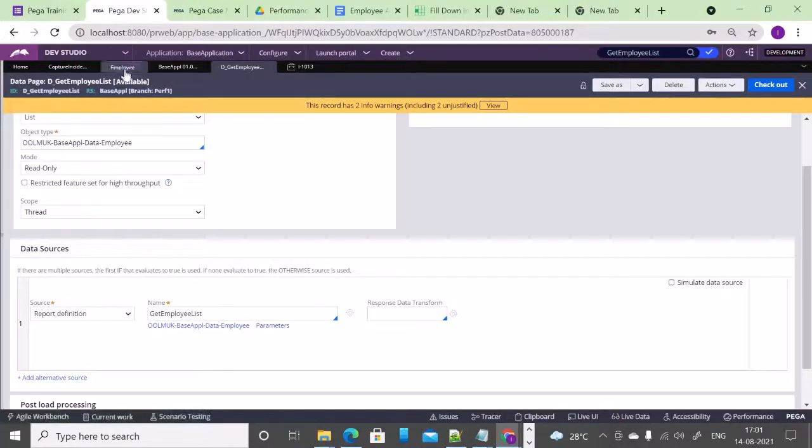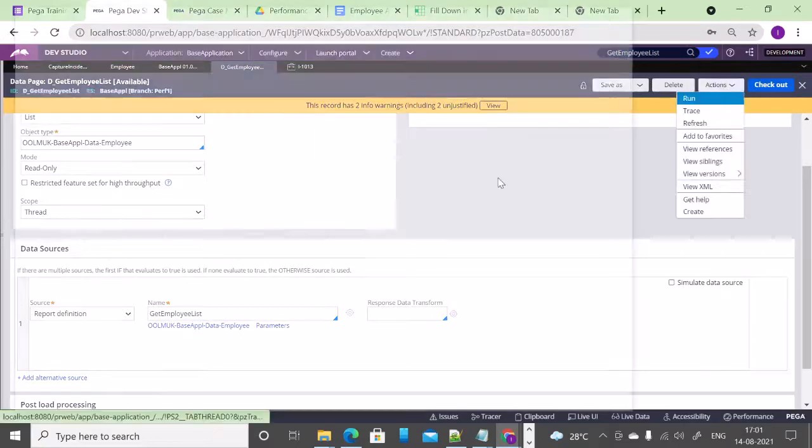Yeah, it is. As I mentioned, it's the simplest way, right? Just create a report definition, create a data page, and refer to it as part of the dropdown. But is there any issue with it? Let me ask you to closely observe the report definition.